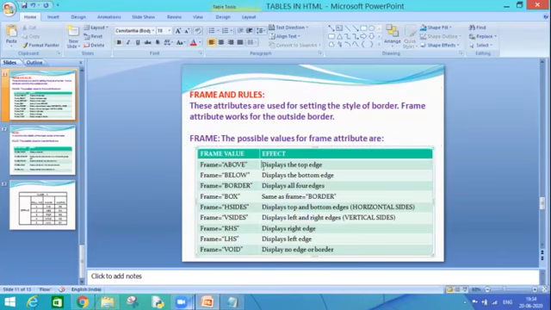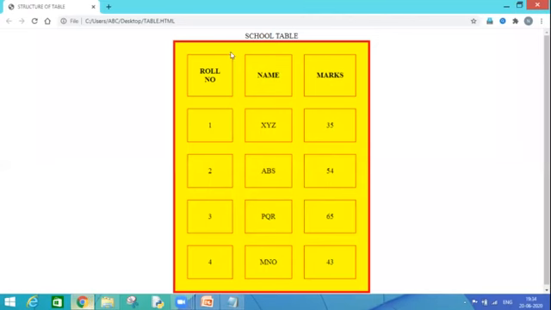So frame is an attribute which works basically for the outside border of my table. I can show you, like the border which is around my roll number, name, marks and around my data is my inside border of the table, and the thick boundary in red color which is visible to you is my outside border.